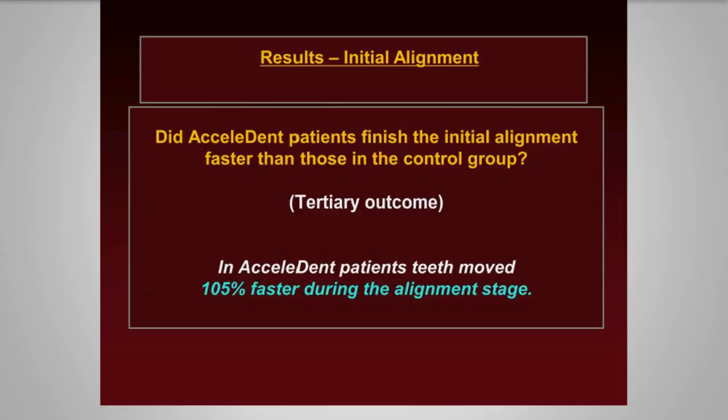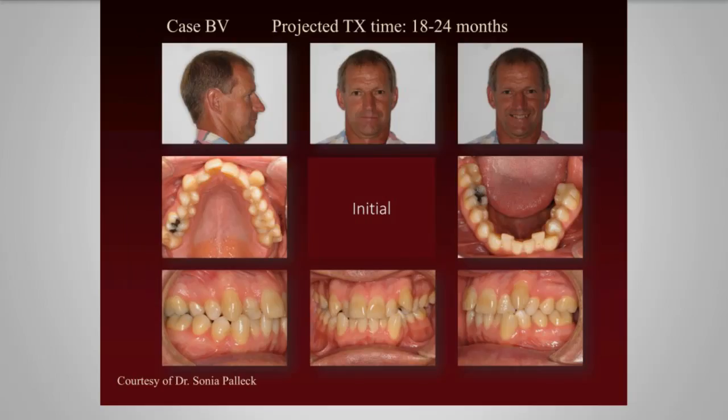So both the tooth movement of cuspid and the alignment stage have gone in the same direction. Of course, the cuspid results are much more reliable, much more scientific, because they were done in a way that we have predicted them and with a larger number of sample. This is a patient of Dr. Sonia Palik, who has